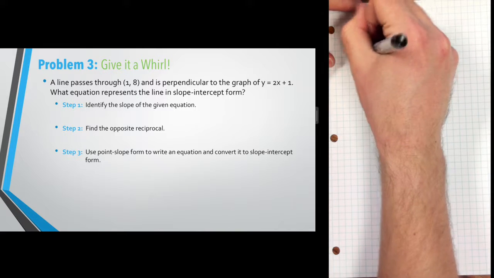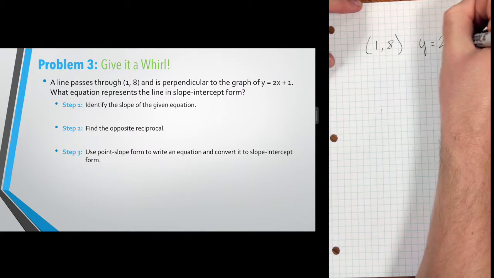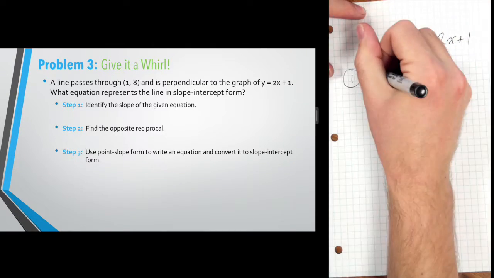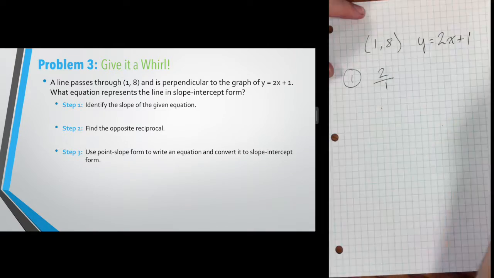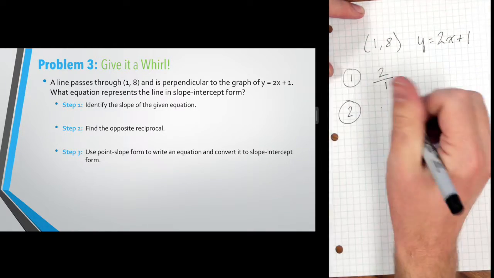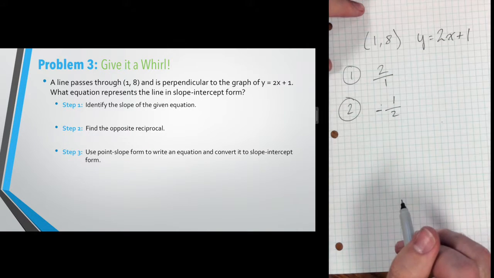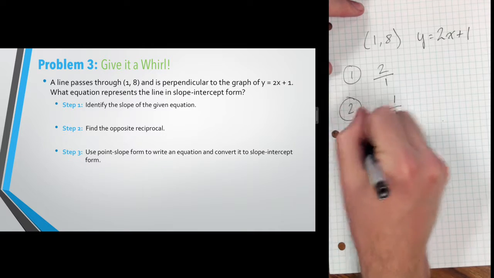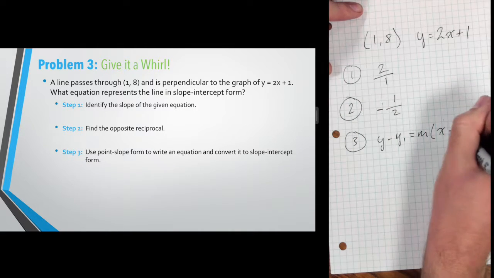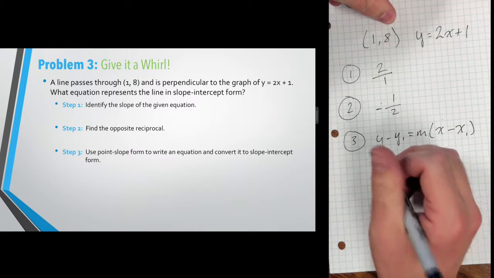And this one is 1, 8, and y equals 2x plus 1. First step, our slope is 2, or 2 over 1. Second step is the opposite reciprocal of that. Flip it so it's 1 over 2, and then it needs to be negative instead of positive. Step 3, y minus y1 equals m times x minus x1. Plug in our numbers. Y minus 8